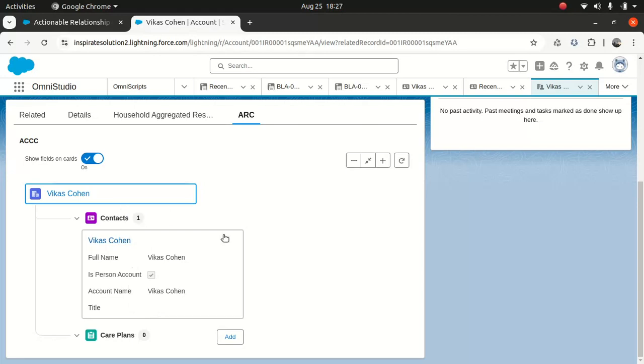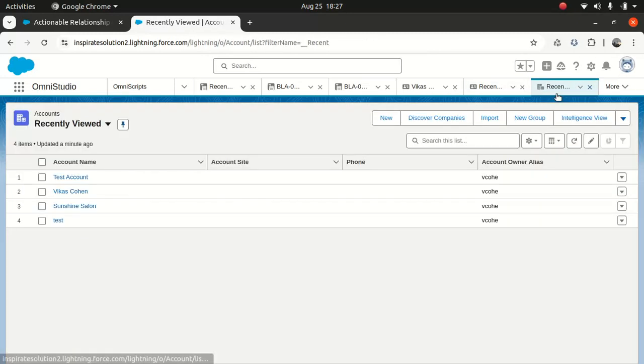Remember what we had. We had an account, then we had a contact, then we had a case, right? And under contact, so the case is a child of the contact, so I would expect should be some case, but since this account do not have a case, we don't see anything, and the care plan we got none. Now let's look at another account which got a contact, case, and a care plan, right? Let's see how it looks like. I'll close this one, test account,